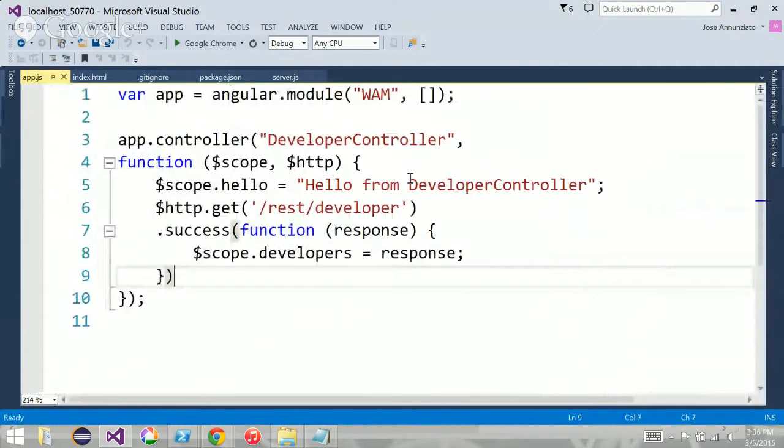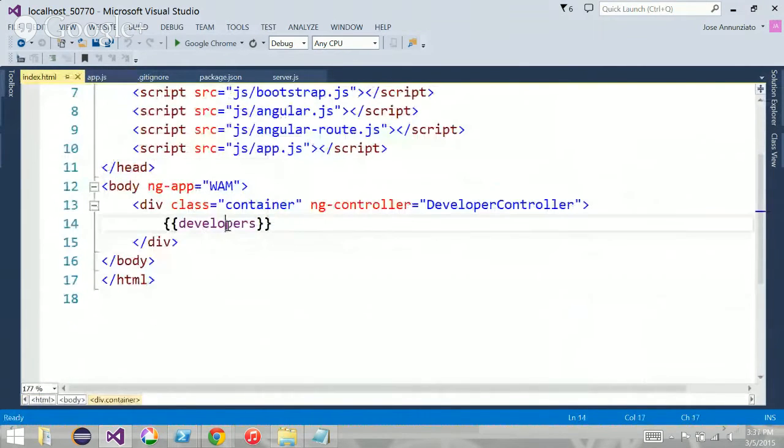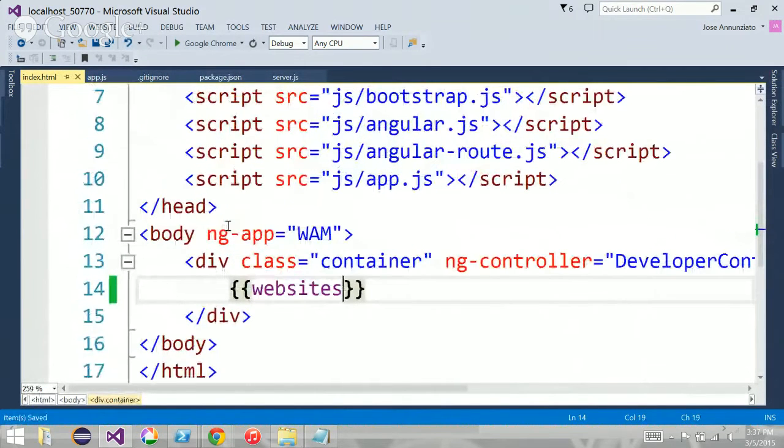Okay. And so let me put that second. So here, instead, we're gonna do the websites. Yeah. So websites. Okay. So the Angular